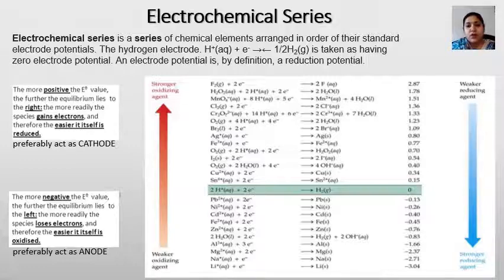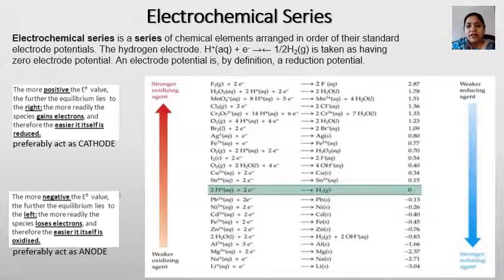If a compound has the ability to get reduced, it will show a reduction potential, whereas if the element has the ability to get oxidized, it has an oxidation potential. But in the electrochemical series, all the standard electrode potentials are given in terms of standard reduction potential only. We all know that the standard electrode potential can be determined with the help of the standard hydrogen electrode, and the value of the standard hydrogen electrode is arbitrarily taken as 0. So the value of the standard hydrogen electrode is also given in this table.